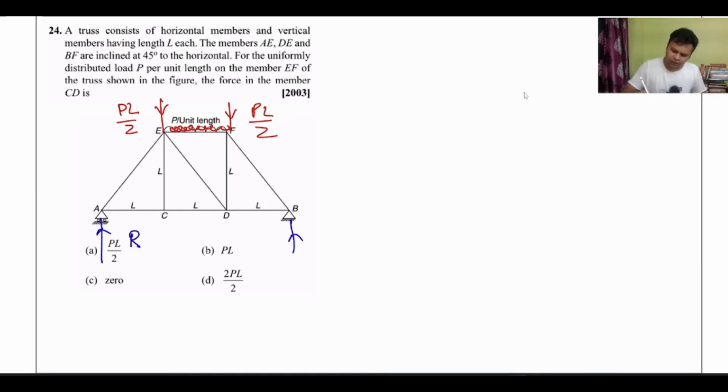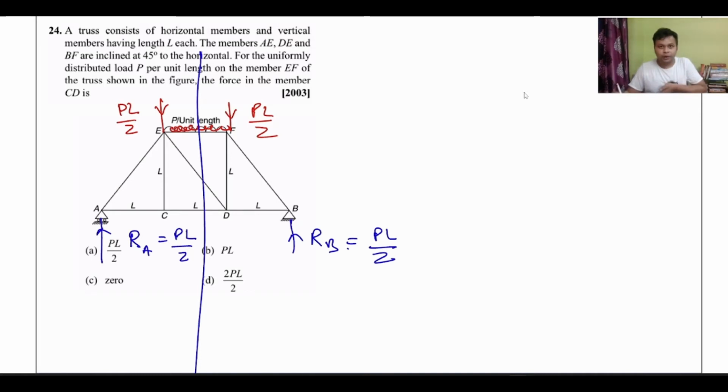So reaction at point A and reaction at point B. Now, can you tell me what is the value of RA and RB even without calculating, just by looking at the figure? Yes, this is a symmetrical figure. Definitely the loads and the reactions should also be symmetric. The total downward force is PL by 2 plus PL by 2, that is PL. So total upward force will also be PL, so each reaction is PL by 2. Why have I done PL by 2, PL by 2? Because this is a symmetrical figure. If you draw a line through the midpoint, cutting this entire truss into two parts,